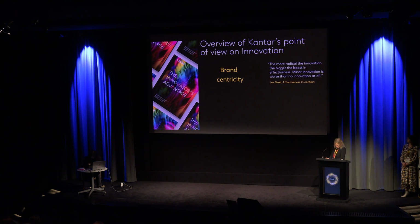The second point is around strategic innovation. Now, not all innovations are good for brands, as we've said, but you really want to be focusing on innovations that make a difference. A new need, a new occasion, brand stretch, category growth, rather than new news for new news' sake. And I've picked this quote from Les, but in actual fact, our world panel data says the same